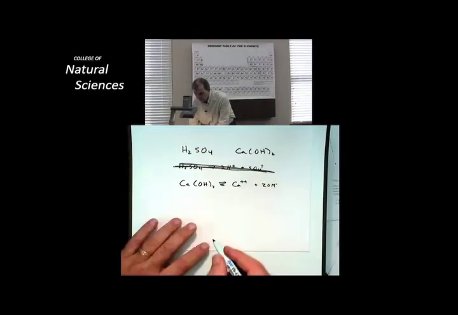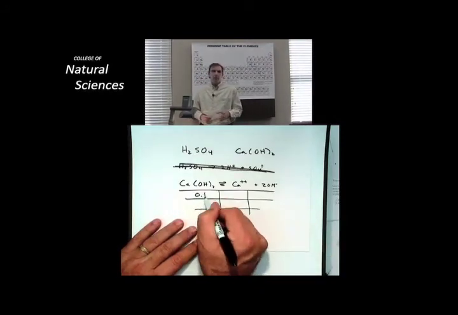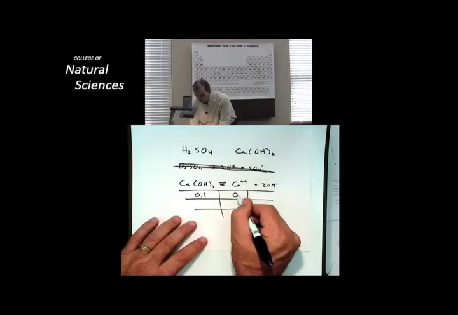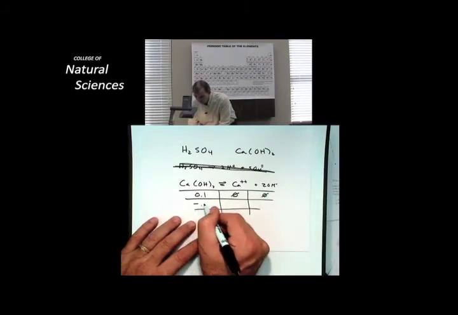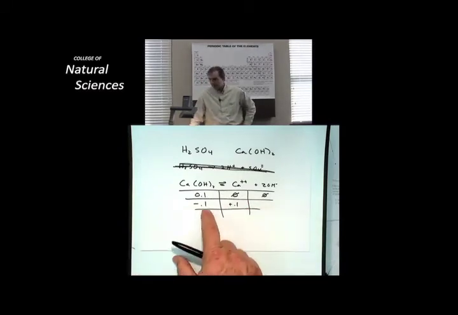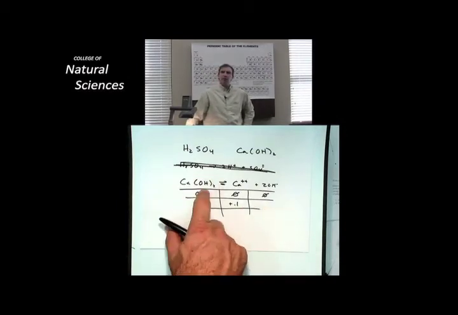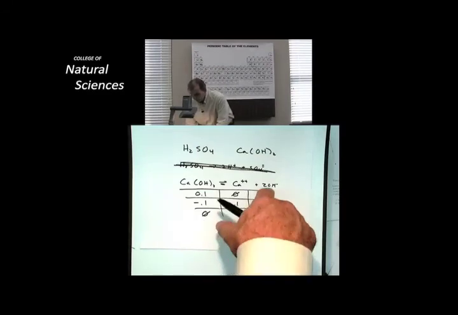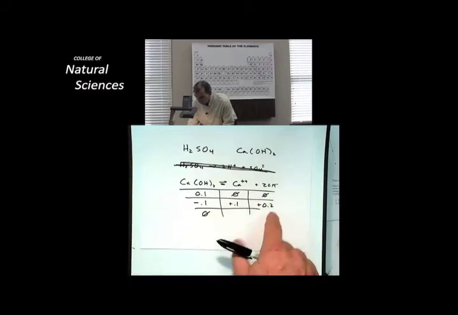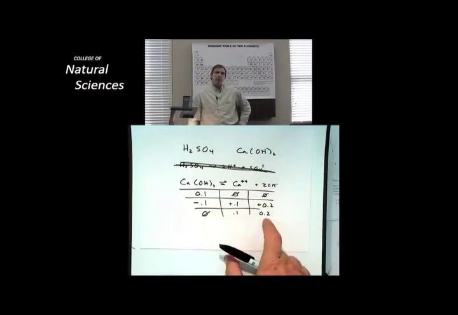Let's consider a case like this. It's twice that amount. If I start off with 0.1 molar calcium hydroxide in solution, and I've got 0 of this and 0 of this to start, and this all goes away, and I'm forming this, I am not forming 0.1 molar of the hydroxide because for every calcium hydroxide that goes into solution, I'm making twice as much of the hydroxide. And so when I get down to equilibrium, I have 0.2 molar hydroxide from the starting 0.1 molar of the